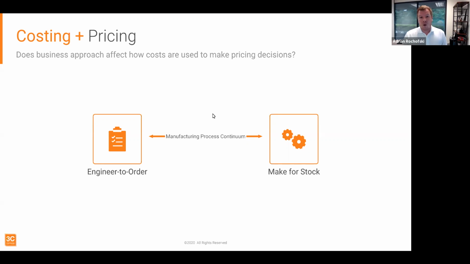But what kind of role does costing play in each of these business environments? And then what kind of pricing decisions are companies that you have worked with been able to make in